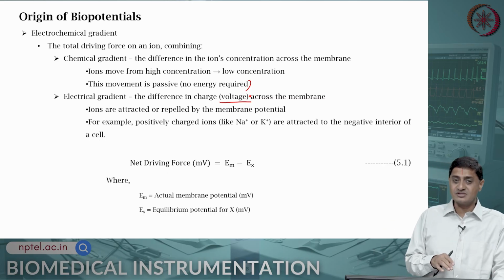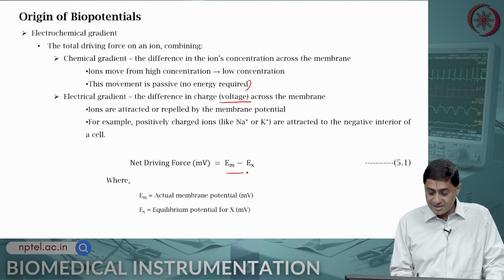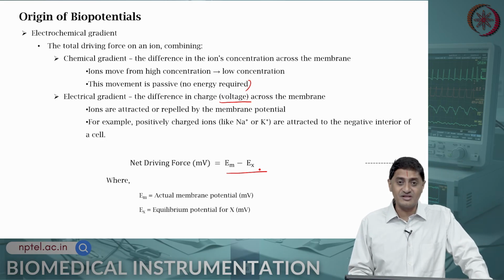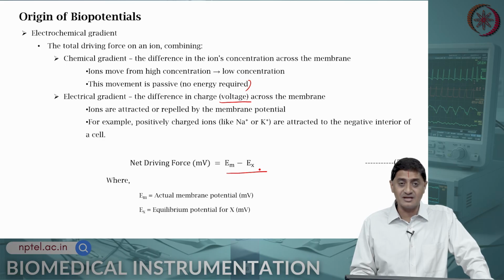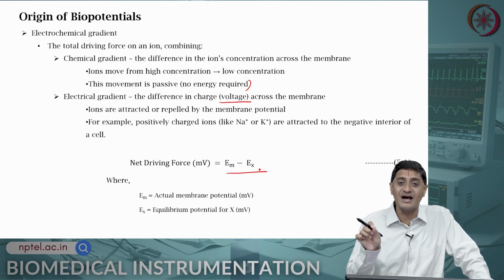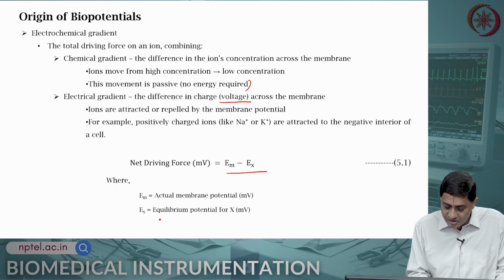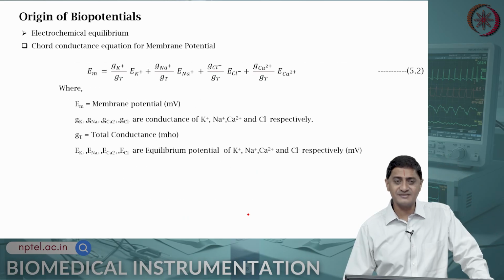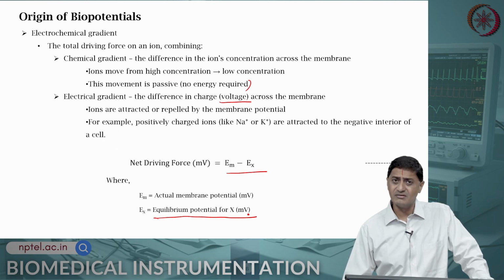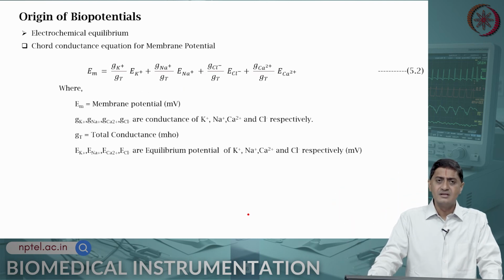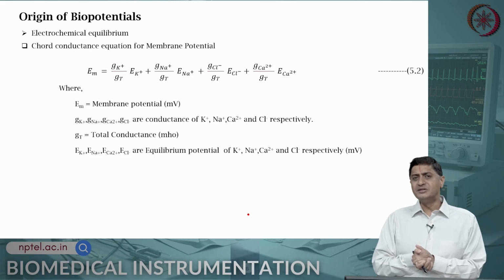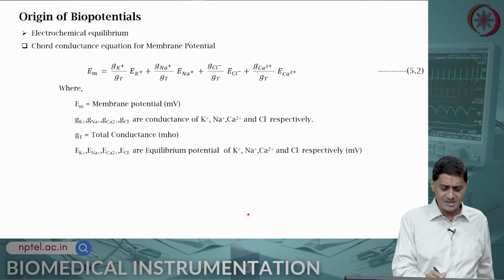So, the net driving force is essentially the algebraic sum, not just the sum, the algebraic sum of the actual membrane potential and the equilibrium potential for a given ion. Now, what is this equilibrium potential? We will have to see that. We will discuss this equilibrium potential in a future discussion. So, let us say an electrochemical equilibrium is achieved when you have multiple species of ions, for example, potassium,